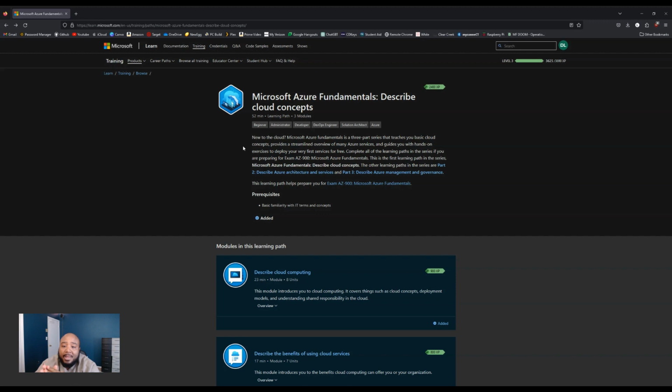The other learning paths in the series are Part 2, Describe Azure Architecture and Services, and Part 3, Describe Azure Management and Governance. So this learning path helps you prepare for the exam AZ-900. So it's kind of explaining it. There's three modules, right? This happens to be the first one, Describe Cloud Concepts. And as you can see, there's a prerequisite, which is have a basic familiarity with IT and IT concepts